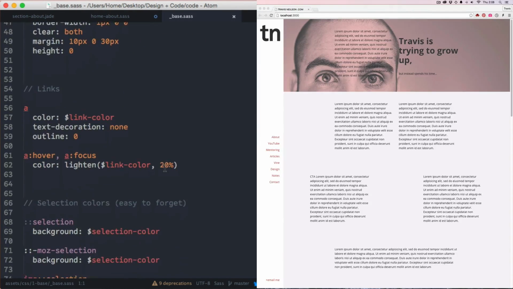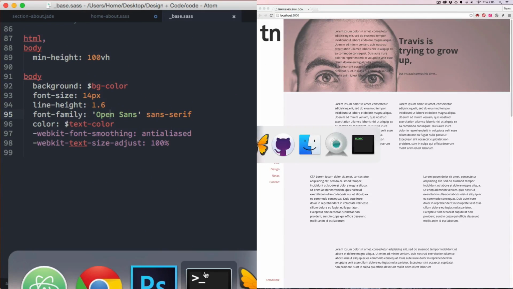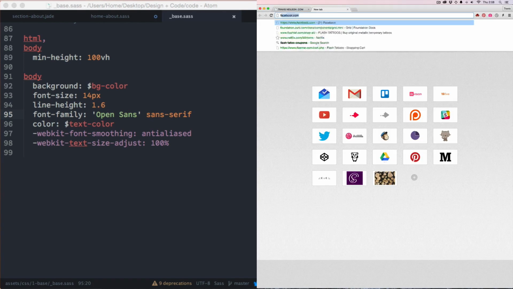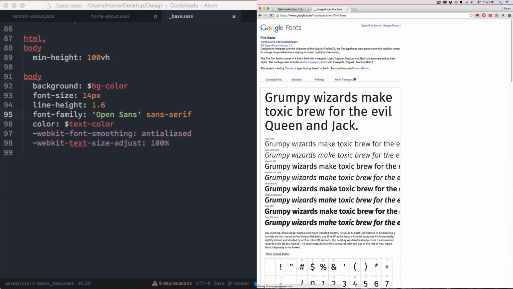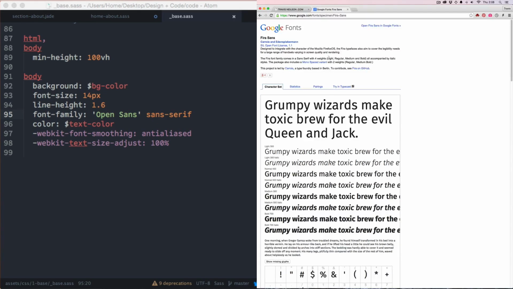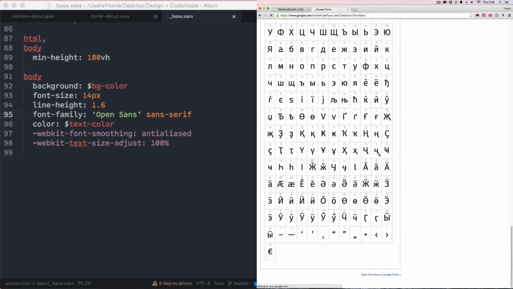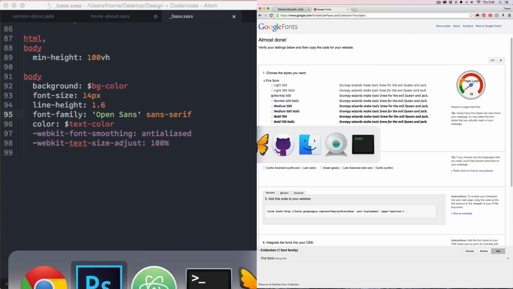Right here at the bottom, we defined we wanted to use Open Sans, but my design calls for a different font. It calls for Fira Sans. Now, fortunately, Fira Sans is an open kind of font, and you can find it on Google Fonts. Now, let me tell you what's up with Google Fonts. Open Fira Sans in Google Fonts. In the whole design, I actually just use the normal weight of Fira,